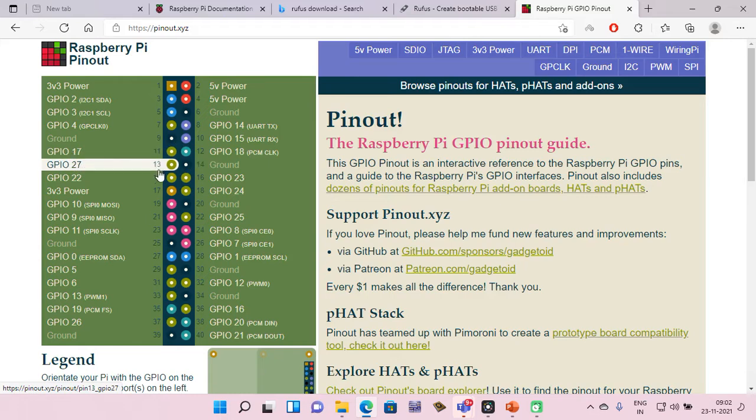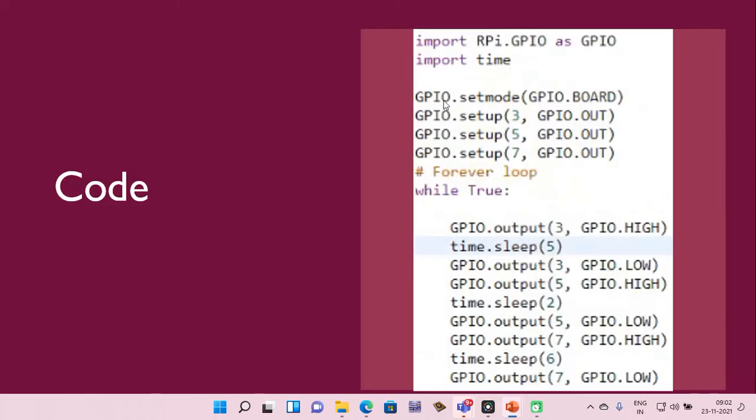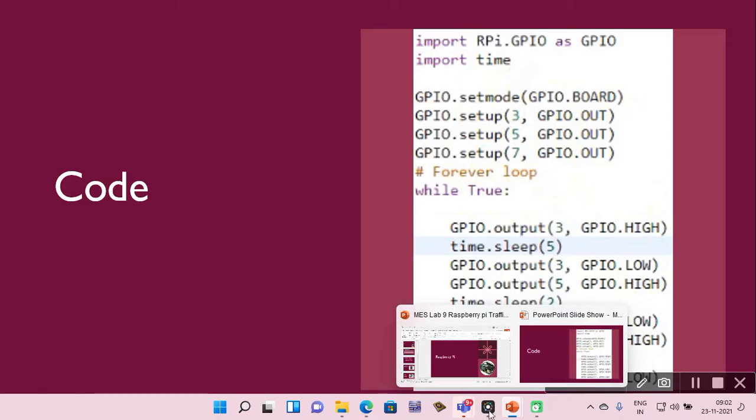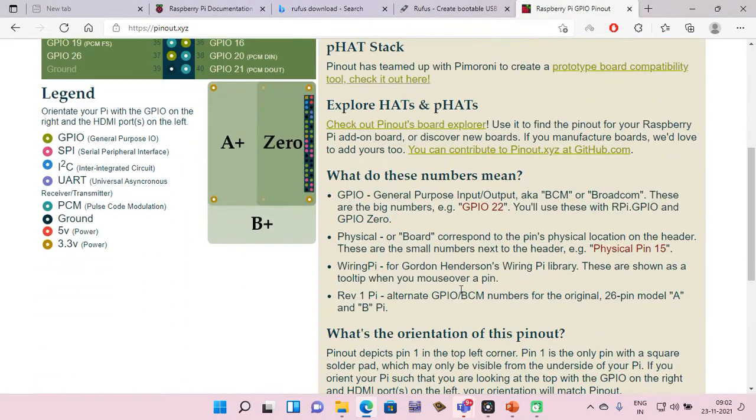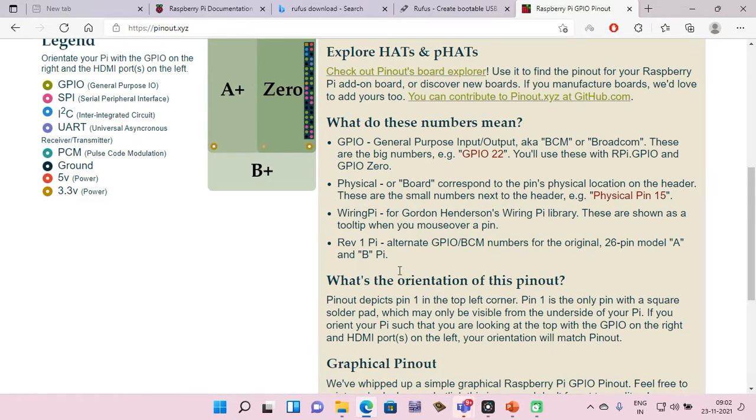If you want to refer to the pin by the physical pin number, then you need to tell it in your program: GPIO.setmode(GPIO.BOARD). Otherwise, if you give the command BCM, okay.